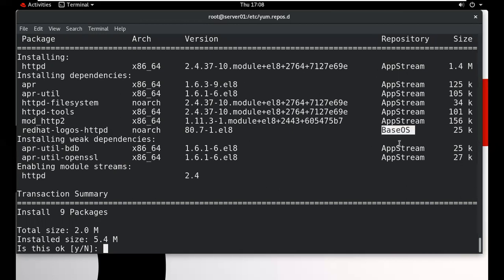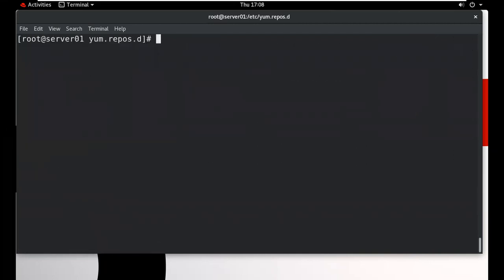So we can give multiple paths, and Yum can access multiple locations at a time, but RPM can't access these utilities at a time, only one location. But Yum supports multiple locations at a time, 2, 3, 4, anything. So at this time we just enter. If we want to install this package, just type -y here. So this package will be installed.